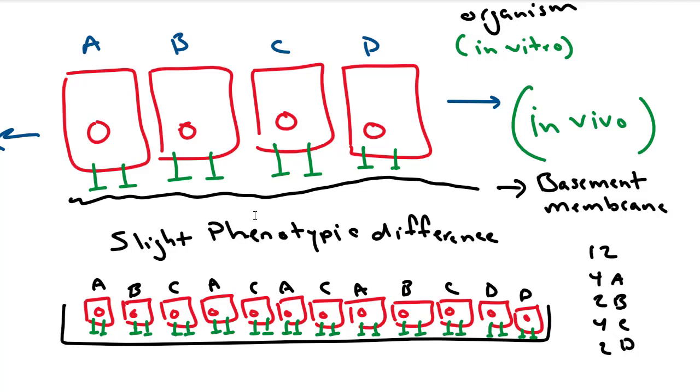So that gives me 12, right? Now, this ratio of 1/3 A, 1/6 B, 1/3 C, and 1/6 D